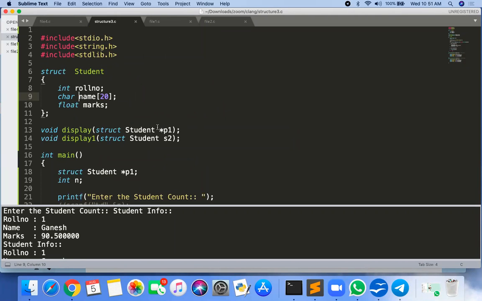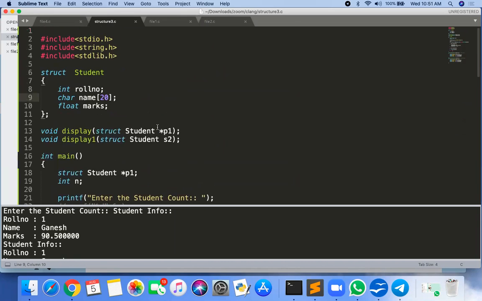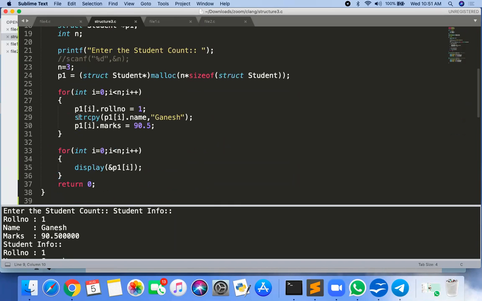Getting this, so we can take user input here also, no, sir? That name only: P1, strcpy and marks. Yeah, you have to take this user input only. In my editor, the user input does not work, so that's why I have hard coded that value. Okay. So printf first, and then scanf: printf, scanf, printf, scanf. Only 6 statements inside the for loop.